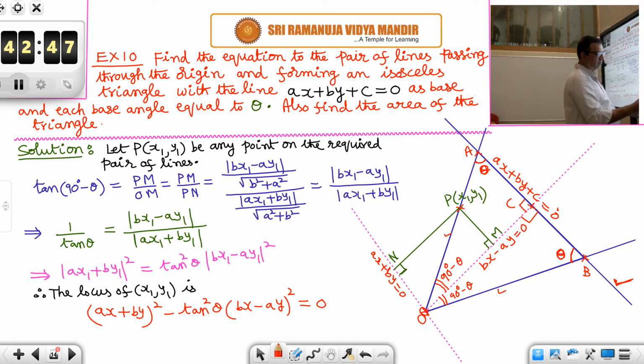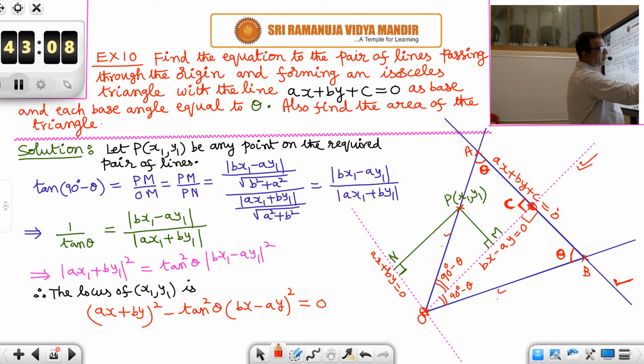Okay, theta, theta. So we want these blue lines. What I have done is I have dropped a perpendicular from the origin to the given line ax plus by plus c is equal to 0. C is the foot of the perpendicular. See here, and this is perpendicular.